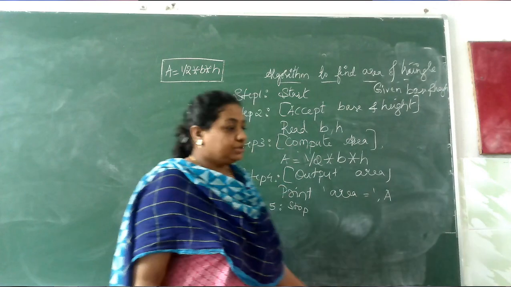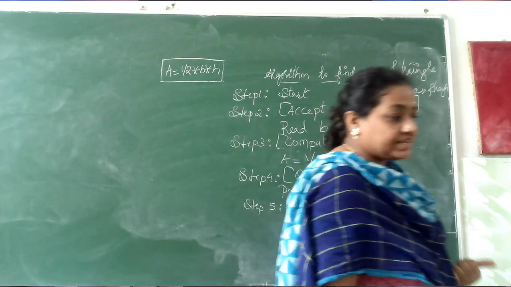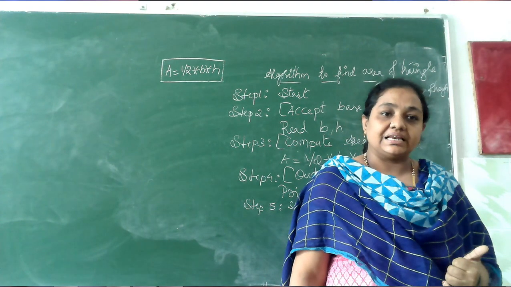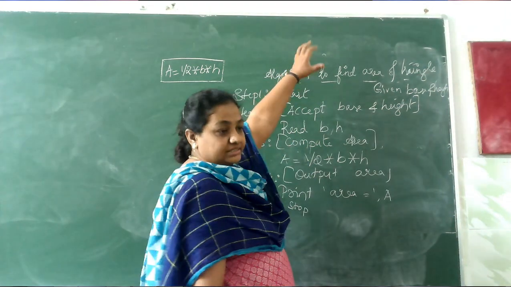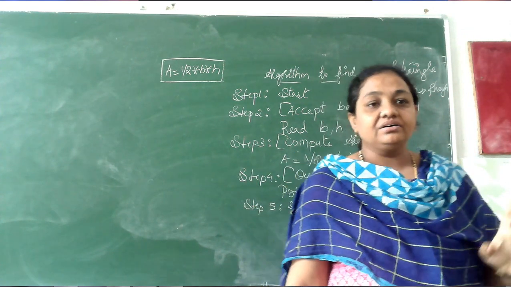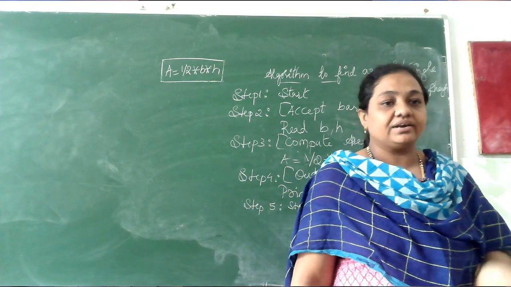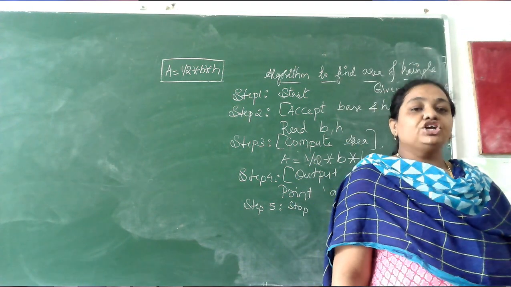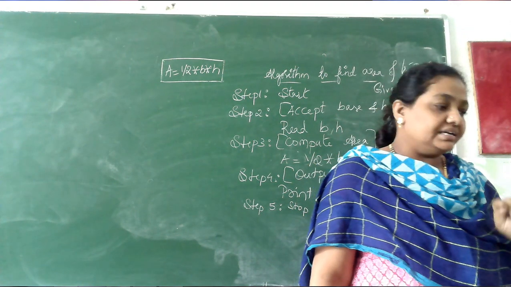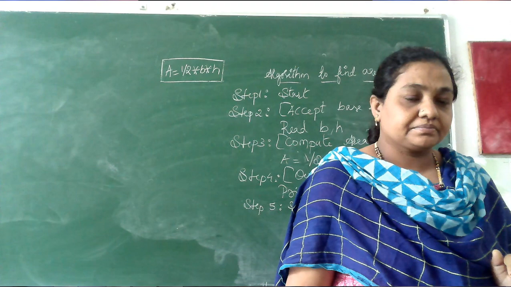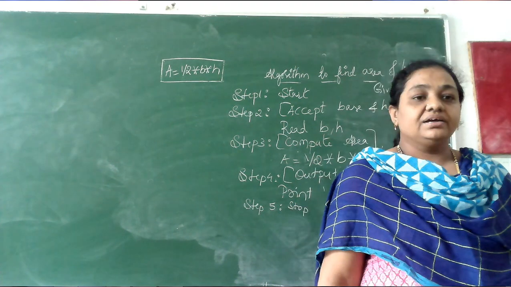As I told earlier, B represents base and H represents the height. If you want to use BASE, you can use. For height, instead of H, if you want to use HEIGHT, you can use. But most of the time, we use the short representation. So for radius we generally use R, if it is base we generally use B, if it is height we generally use H. There are no rules that we have to use B and H. It's up to you. Whichever you want to use, you can use. That's not a problem.